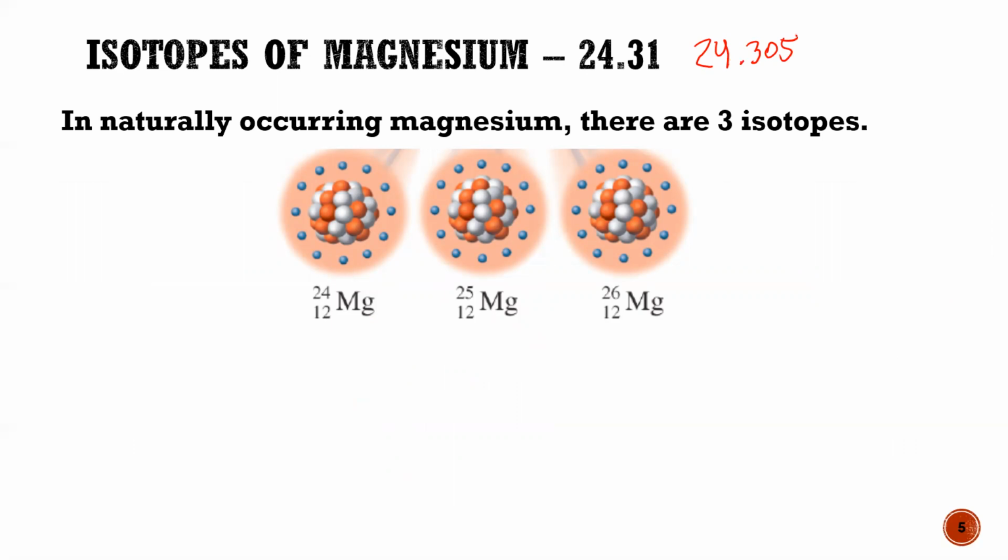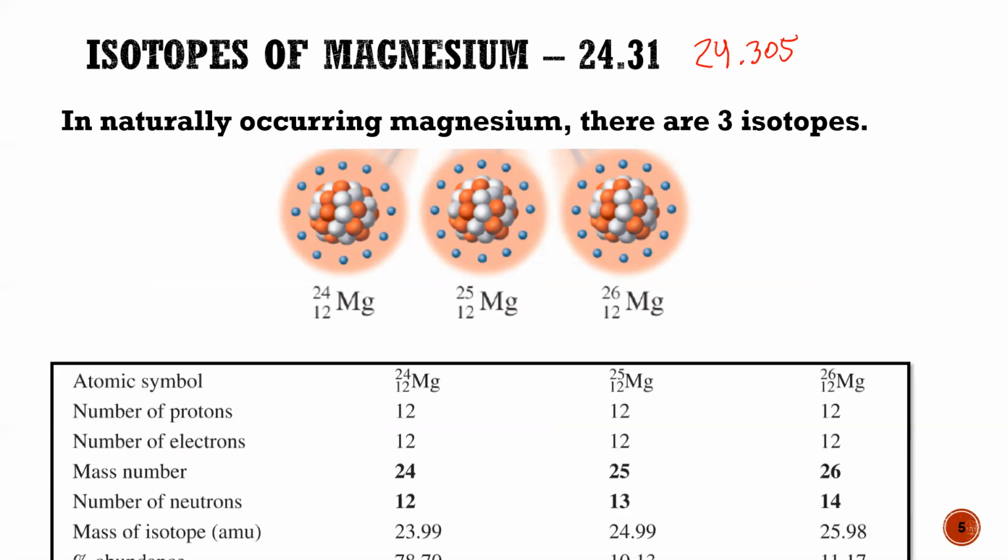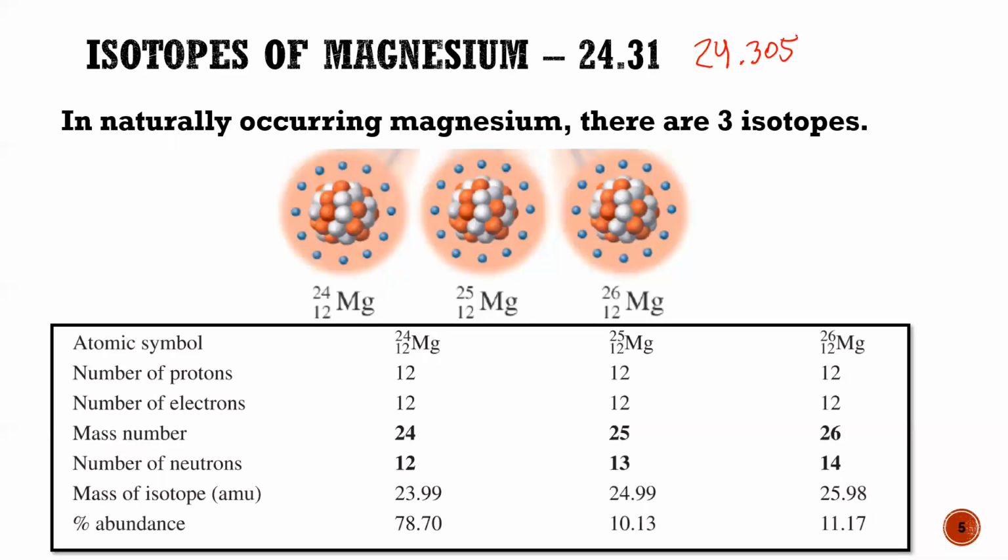So someone might wonder, well, why? Why is it 24.305? If I took an average of 24 plus 25 plus 26, and I divided it by 3, wouldn't that be 25? Well, it would be if you were doing what's referred to as an arithmetic mean. Arithmetic mean is where you just sum up all the values and divide by